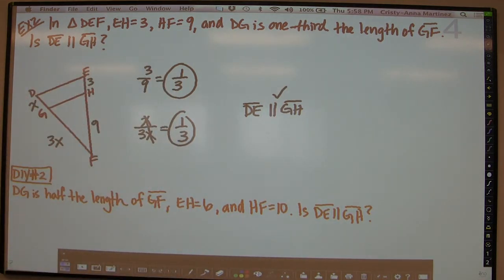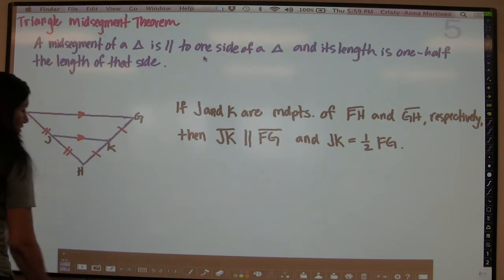Now we're going to give you some different information for do-it-yourself number 2, same diagram, but this time DG is half the length of GF, and it has different lengths for EH and HF. And so again, it's asking the question, with this new given information, will DE be parallel to GH? That's up to you to figure out. So then we go to